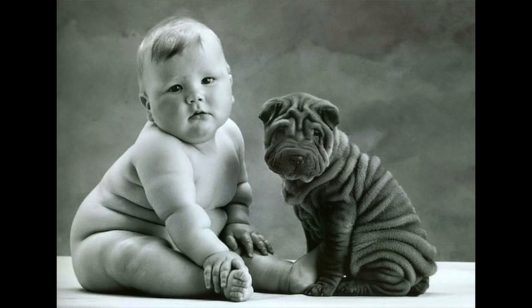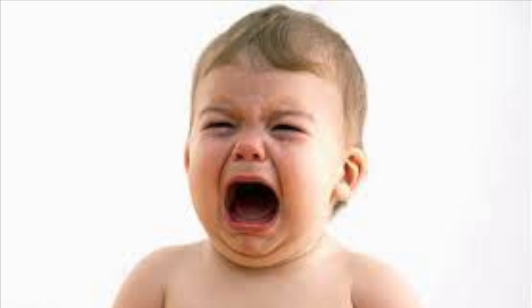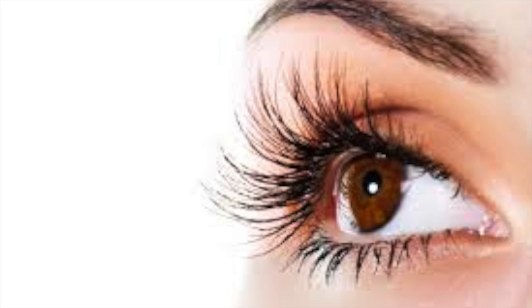Between weeks 21 and 25, the fetus develops fat to keep warm. The immune system begins to develop. The skin becomes opaque instead of transparent. From week 26 to 30, the fetus's nervous system begins to control some of its bodily functions. The baby can now cry and actively move its arms and legs. The eyebrows and eyelashes are formed.